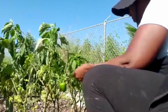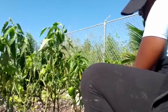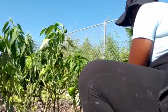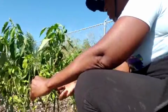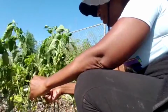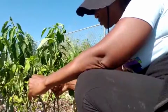Then my husband said to me, if you look, you'll notice they have a whole lot of healthy leaves that are getting ready to shoot. So he said, why not go in and really clean them up, take your time and clean them up. And that's when I made the decision to come in. Some of them were looking like, oh, it's over. But there's a whole lot of healthy growth getting ready to emerge. So I'm glad I didn't give up